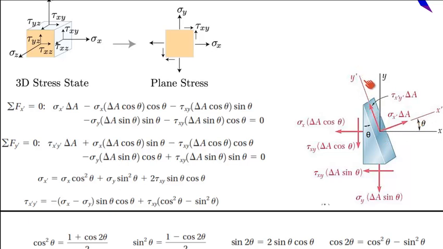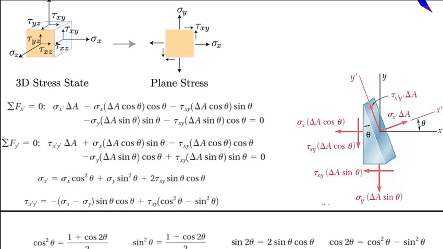I hope you all remember the first class wherein I told you that we are interested to find out the normal stresses and the shear stresses. We are not interested to find out any stresses in any other direction, because generally it is easy for us to understand in that manner. So we are interested only in the normal stress and the shear stress. So the normal stress of this particular plane is going to act in the x dash direction and the shear stress is going to act in the y dash direction. So this has to be a positive sigma x dash and this has a positive tau x dash y dash. This is how we are going to analyze.